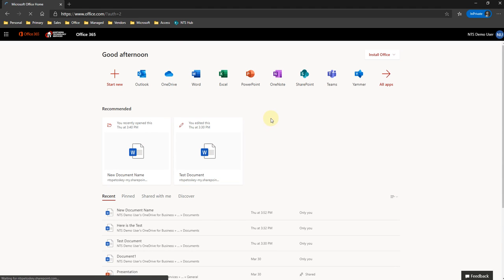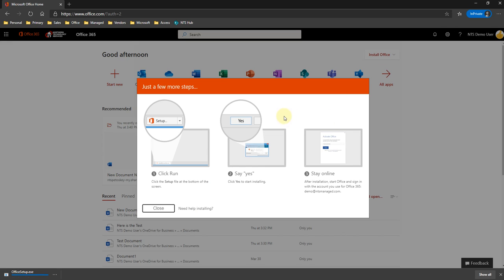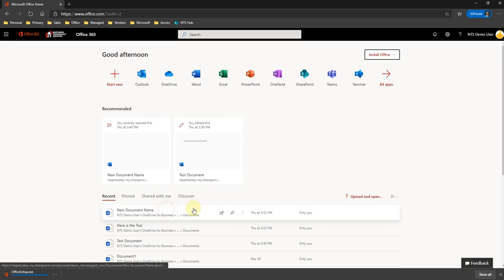All right, now that we are in, we start off with the basics. Here's access to all of our applications in the web. Then we want to install the Office applications to this computer. We go ahead and select this box here and select Office 365 applications. So then from there,